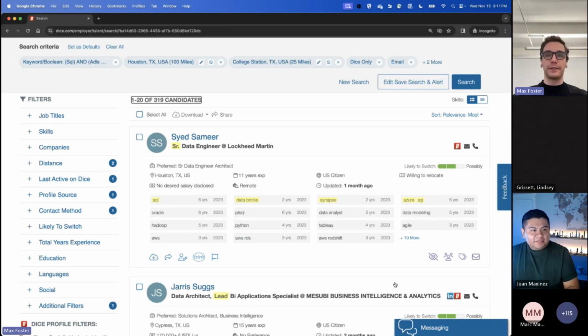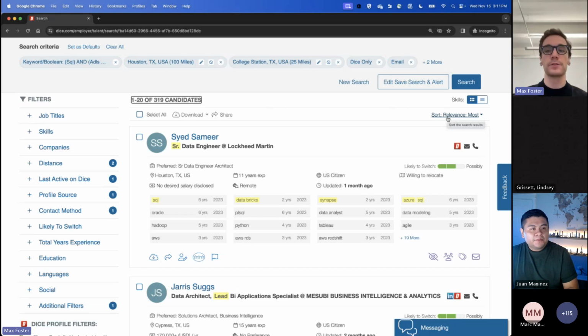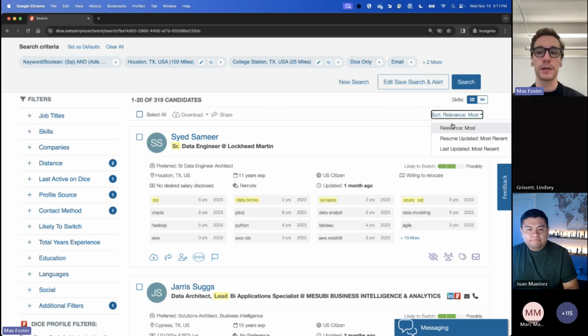Okay, great question. Okay, I think I understand a little bit. So, in terms of, yes, based on keywords and who is most relevant. Dice is built with a lot of AI behind it that helps sort, search, and find candidates for you. So right now, it's always based off of, and it's right here where my mouse is, it says sort based on relevance most. That's our back-end technology sorting things for you and telling you who we believe is probably best fit.